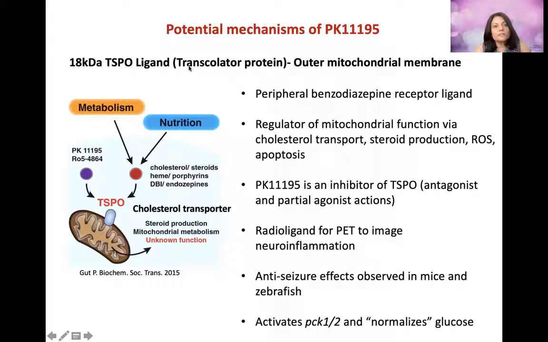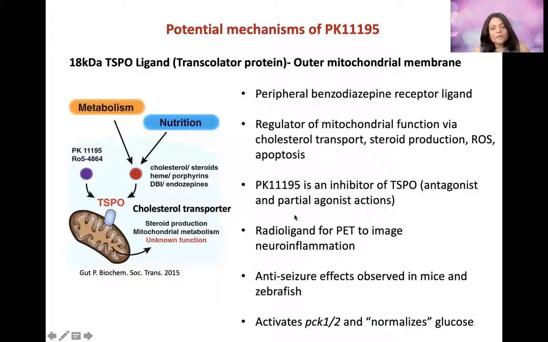What we do know about this compound is it is a ligand for the 18 kilodalton protein known as TSPO, or translocator protein. And that protein is a complex of the peripheral benzodiazepine receptor. At the current level of our understanding, we do not really understand exactly what the mechanism is. But TSPO has been associated with many processes such as cholesterol transport, the synthesis of heme and steroids, and it controls the peripheral processes linked to the benzodiazepine receptor.